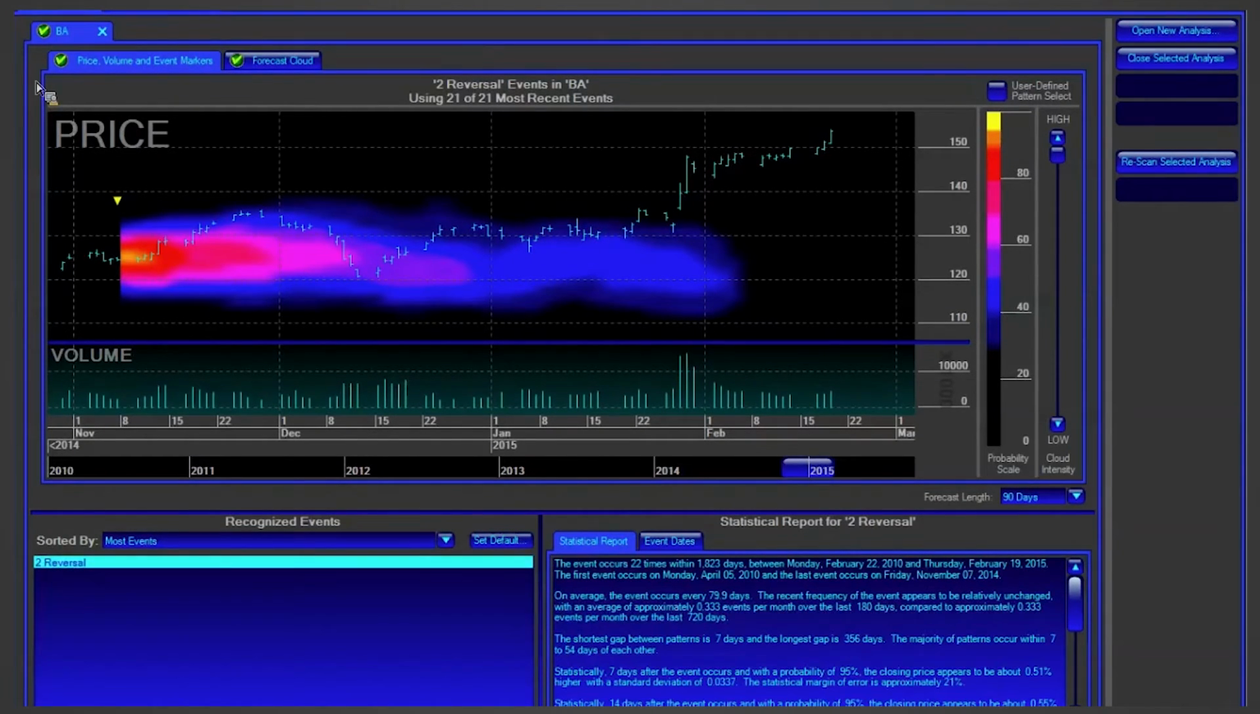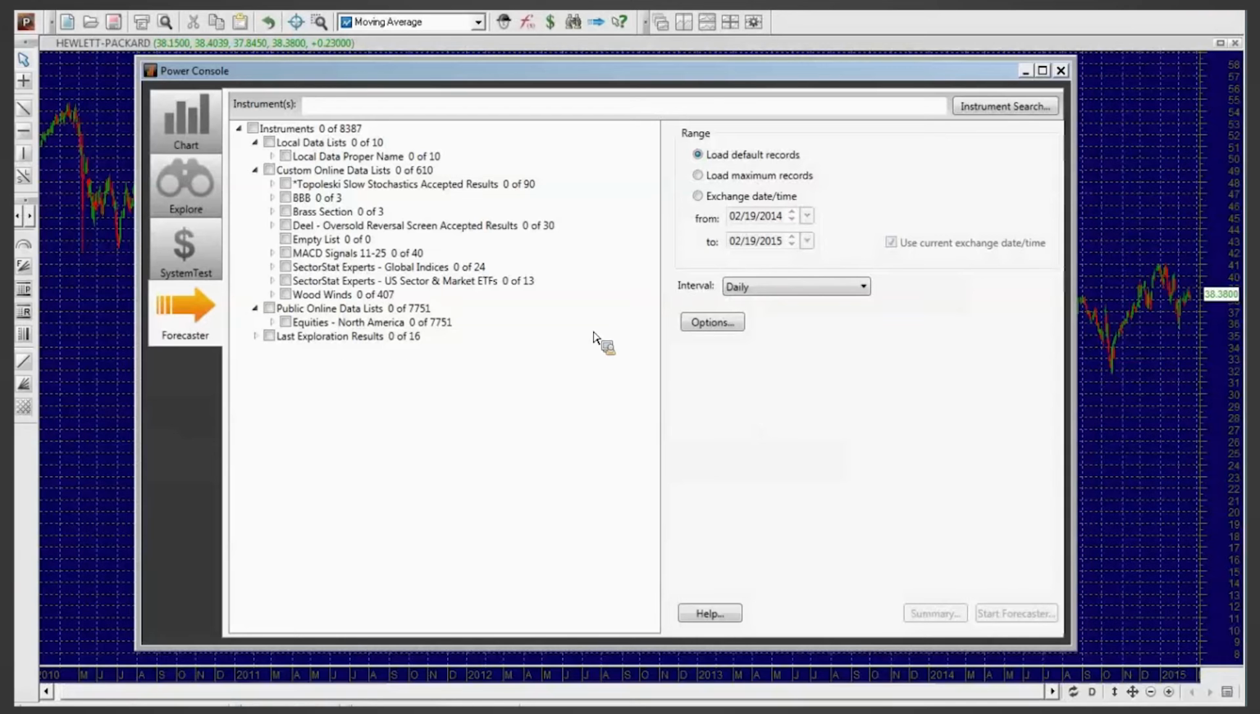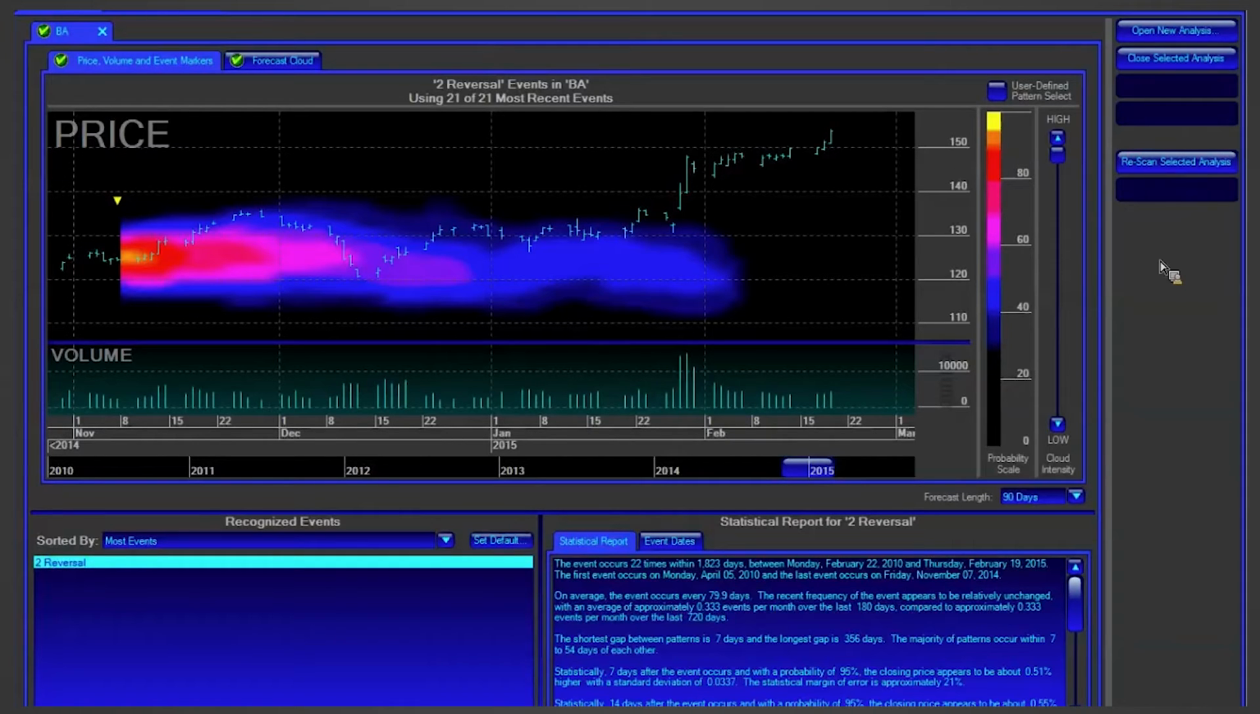So we'll just jump back to my PowerPoint. So the key changes here: draw patterns. We talked about that. You can copy patterns directly from a chart. So you just select the pattern, rank patterns, and then we have new events. So excuse me, we'll get back in here. So basically,